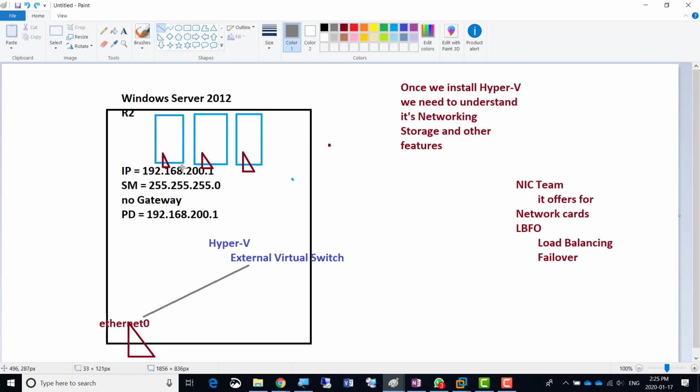They will also have to connect to this external switch. So inside Hyper-V, these virtual machines through their virtual network cards will be connecting to the Hyper-V's external virtual switch. In turn, the external virtual switch is connected to the physical NIC, and this is just one NIC we created normally, and obviously you will be creating a NIC team here in a production environment, and there will be a TNIC, which is the boss NIC here, and normally in a production environment you connect that external switch to the boss NIC,